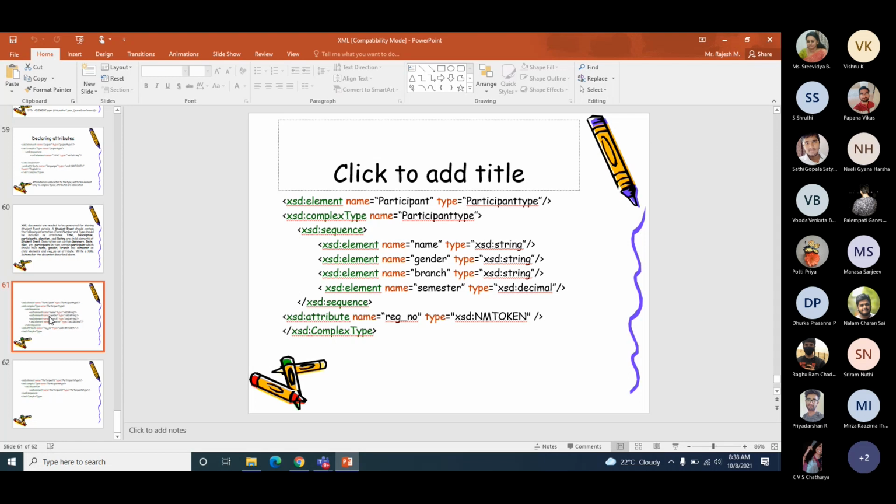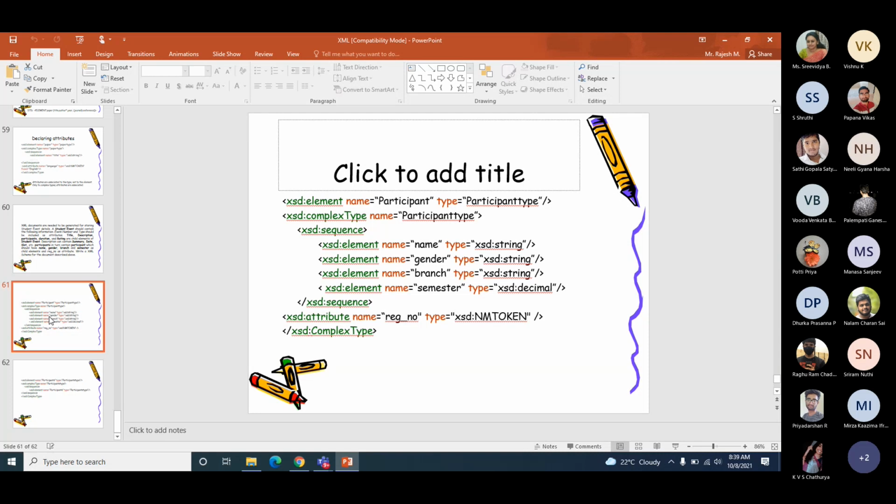The simple type element can only have content and no attributes and no child elements. Now, in this case, the participant tag contains child elements as well as attributes. So it is not a simple type, it is a complex type, so you need to define the complex type. So I said participant is an element and I'm declaring my own user defined data type called participant type.